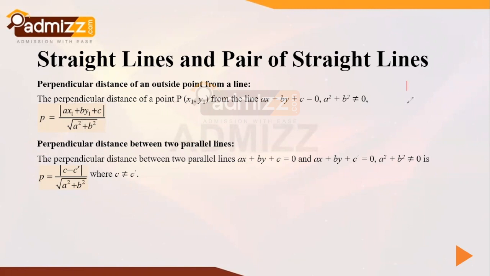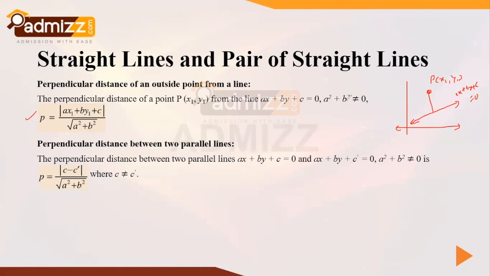Okay, let me draw a situation over here. Let's say this is the point P, and this is our line. Now the perpendicular distance from this point to our line can be computed with the help of this formula. This point P has the coordinate values x1, y1, and the equation of the line, let's say, is ax plus by plus c equals 0. Okay, so these values are there.